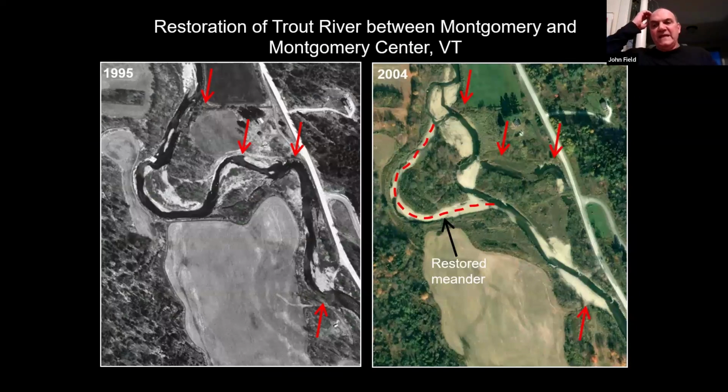So how do we manage for a river that's sort of dynamic and is going to change? The Trout River was the location of a major restoration project in 2000, just downstream of Montgomery Center. The Vermont River Management Division, U.S. Fish and Wildlife, and a number of other agencies did a large-scale restoration project